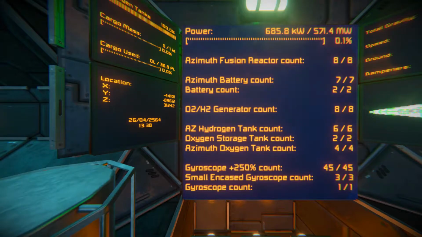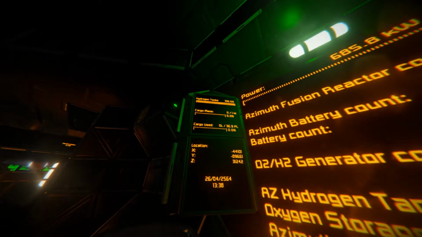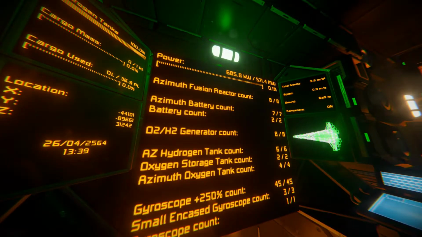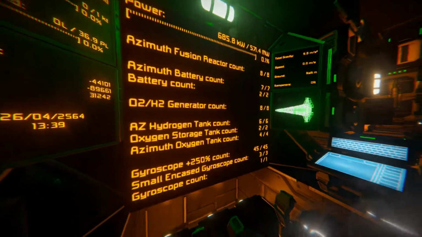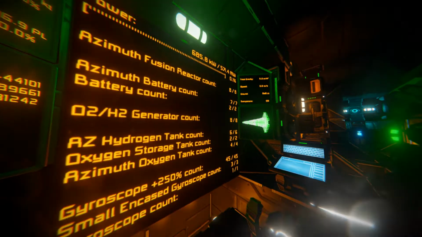These LCDs, which I mentioned, are real-time updating. We've got the hydrogen tanks, which are now at 100% capacity because I'm in creative mode, of course. The cargo mass, which shows how much mass of 1 kiloton it actually uses. The cargo in total used, like the power, the amount of things that are not broken. If a gyroscope would break, then you would see 44 out of 45, and you can see that everything is working